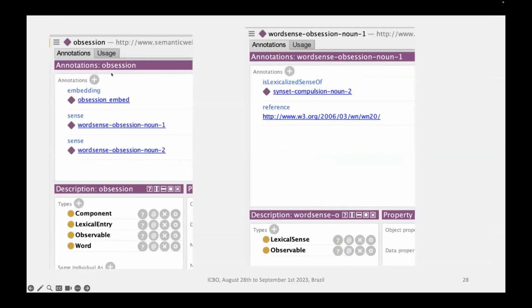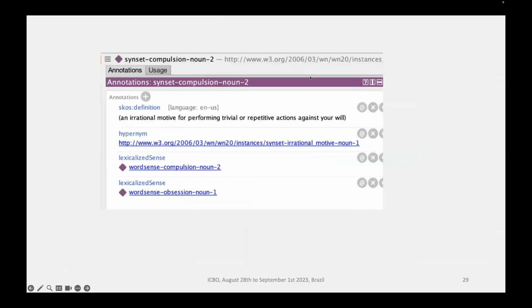Here I can show you obsession has two synonyms from WordNet using the sense object property provided by the ontolex model, and the synonyms are linked to their synset using the isLexicalSenseOf object property provided in the model. And this synset is represented here, has its definition and its hypernym, another synset.